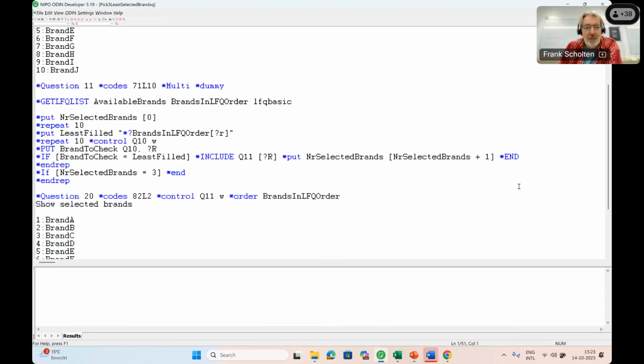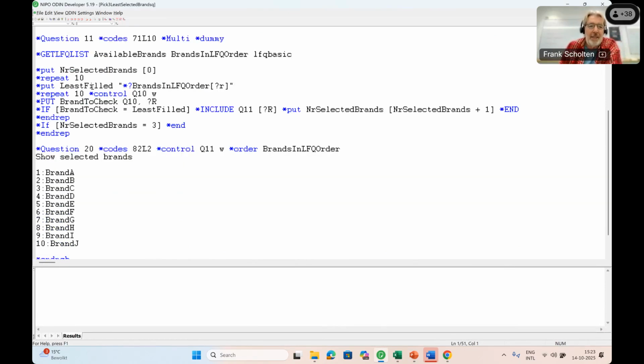I'm not going through this entire list, but through this entire if statement here. That means that we need to start a repeat where we first select the least filled brand, and then in the next one we start checking if the respondent knows that, and then we select that brand if the respondent actually knows